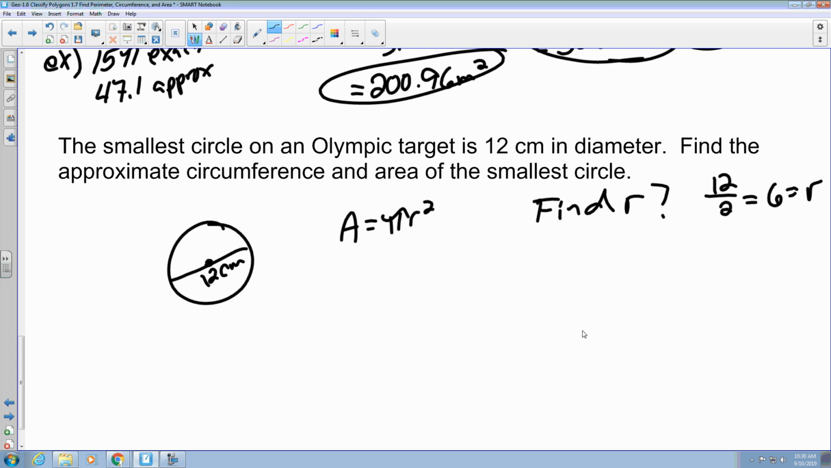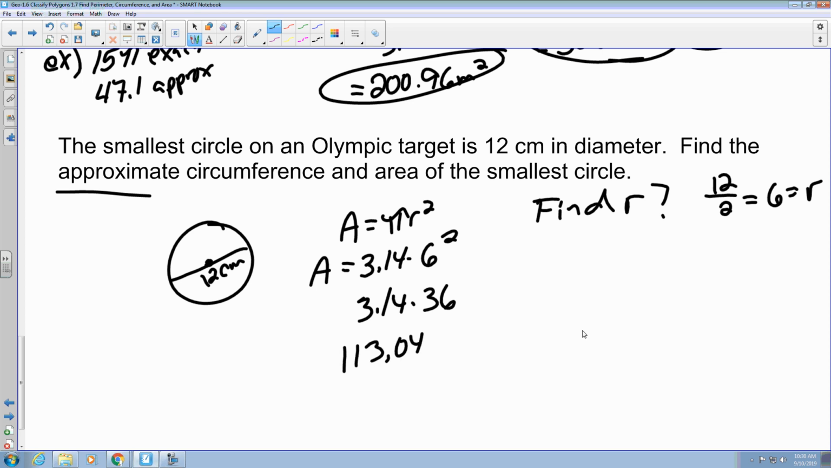So now we can go about figuring out what the area is now that we know what the radius is. Because they use the word approximate, we're going to say area equals 3.14 to represent pi, times 6 squared. All right, the radius is 6. 6 squared is 36, so now I have 3.14 times 36. When I multiply those two together, I get 113.04